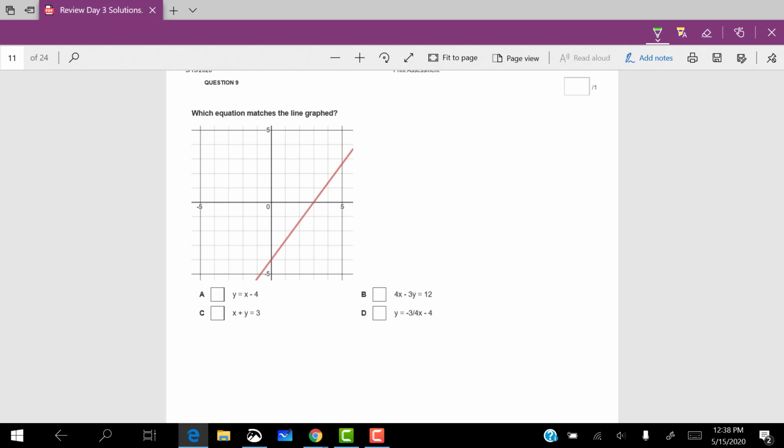I'm looking for the equation of this line. And maybe I'm going to check out the slope. Well, I know here the y-intercept is negative 4. And my slope should be positive because it's going up from left to right. And it looks like it goes up 4 over 3. So my slope is